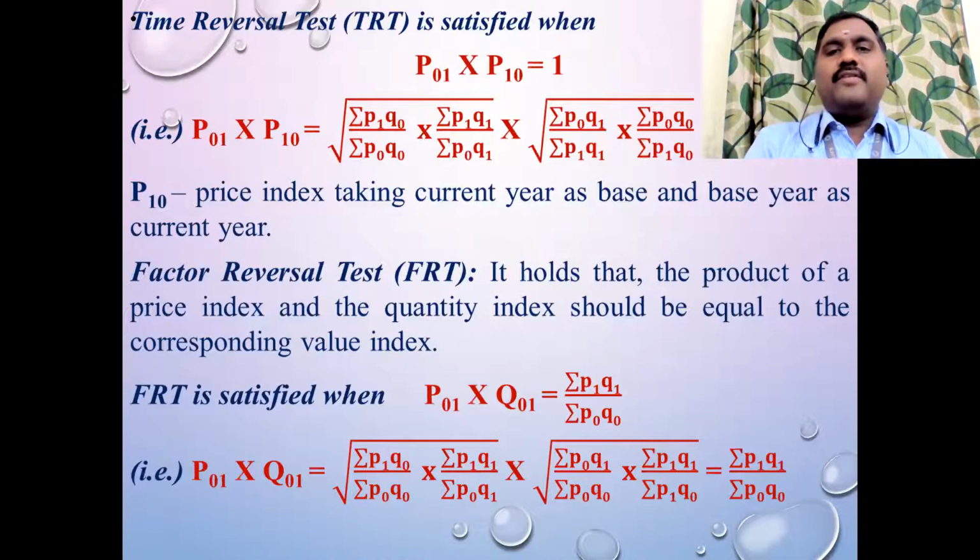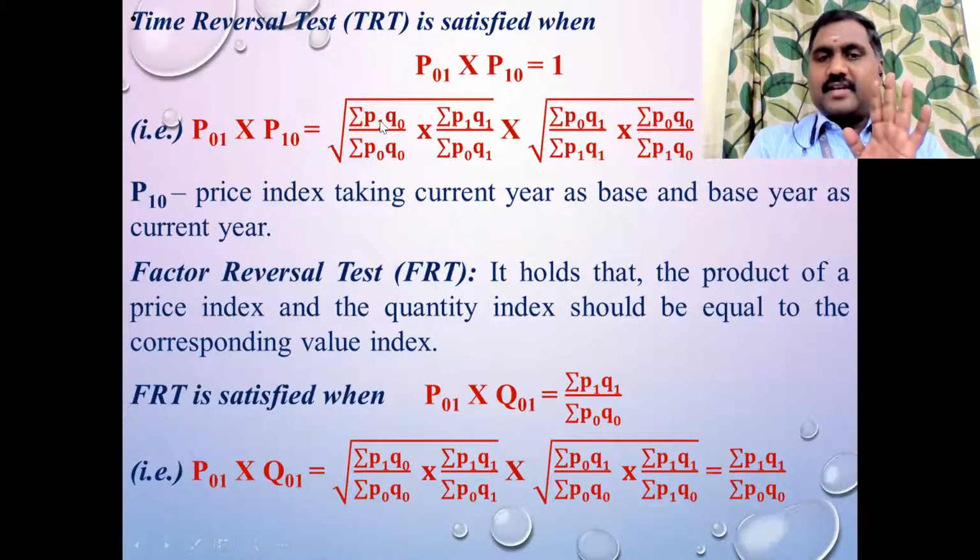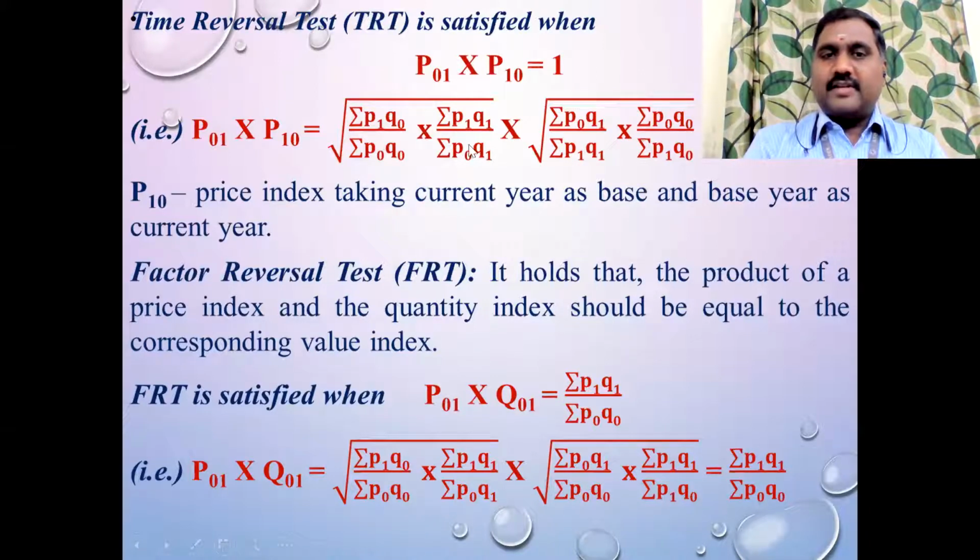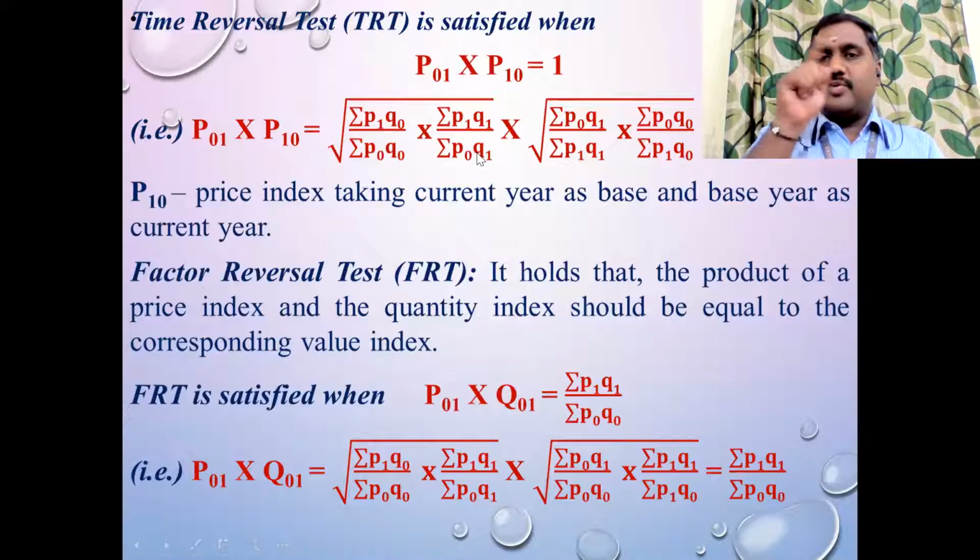When you are copying the formula, don't get confused. I already told you, the first part is the combination of Laspeyres and Paasche methods. That means the first part is the Fisher index method formula. Along with that, you have to multiply, and under the square root you take the reverse one. That means the second one, P0 Q1, P1 Q1, you make it a reverse. See the next one.